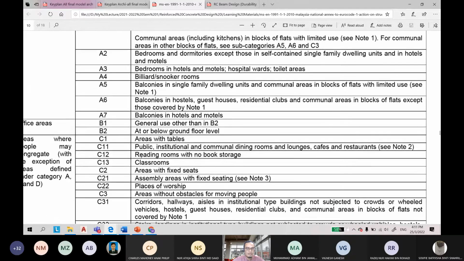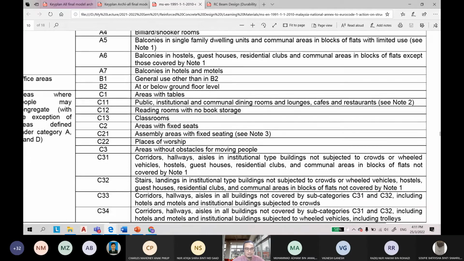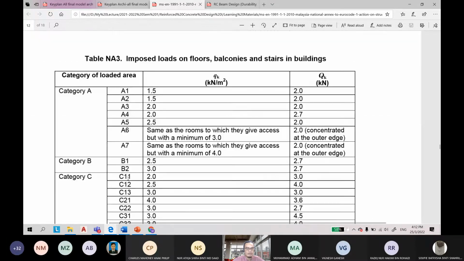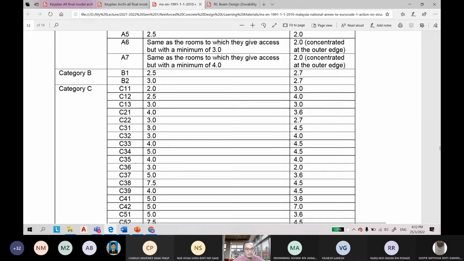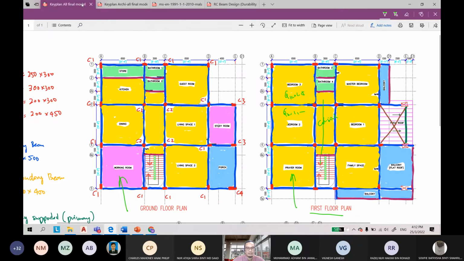Which category? Maybe this. Okay, areas without obstacles for moving people. Or corridors here, C3. So you can look at what is the value of C3, C3.1: 3.0. So here the loading is